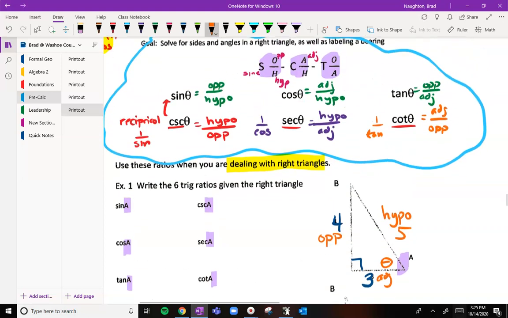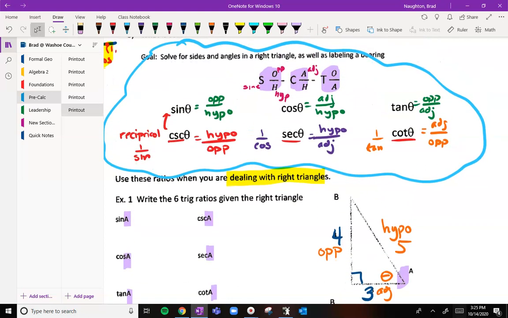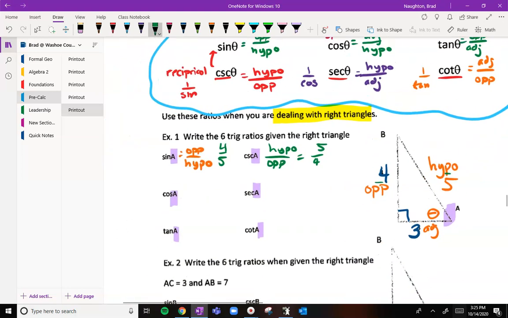Alrighty. So again, we're going to go back up to our trig functions up here and say, what are we looking for? So sine is going to be opposite over hypo. If we look at that relationship, the opposite is 4 and the hypo is 5. So this would be simply a fraction of 4/5. Now, I would get in the habit right off the bat of saying, hey, if the sine is 4/5, then the cosecant, or the flip of that, is going to be hypo over opposite. So do that right away and just flip it. Make it easier for yourself. Cool? Alrighty, ladies and gents, next